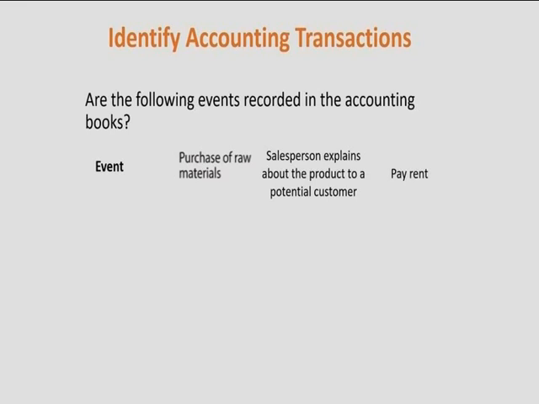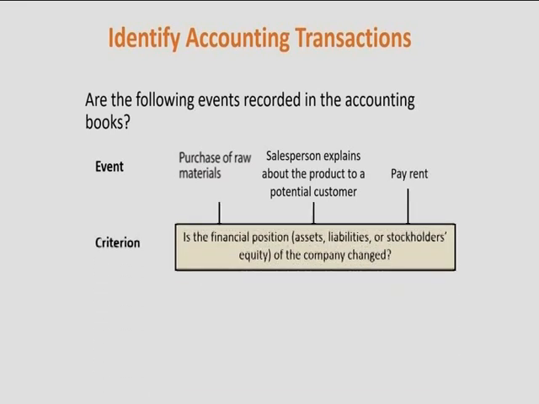So these are three different events, transactions in a business. Now look at the criterion of each of these transactions